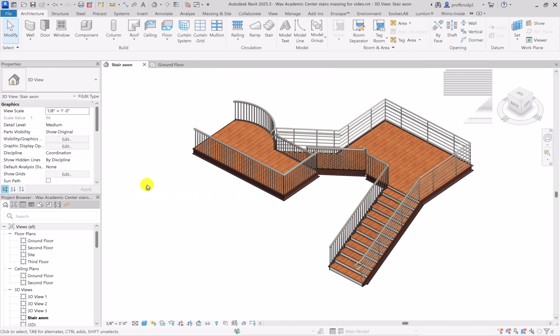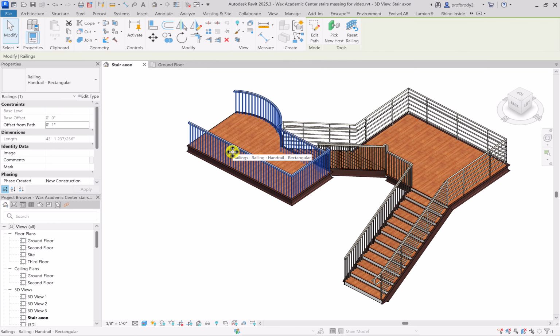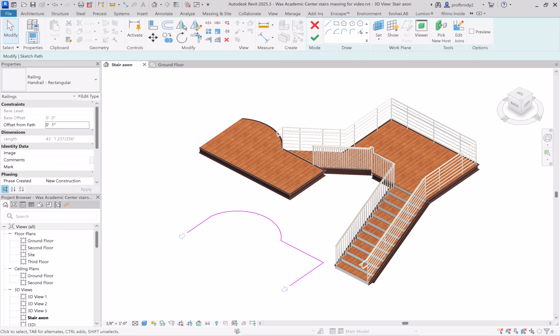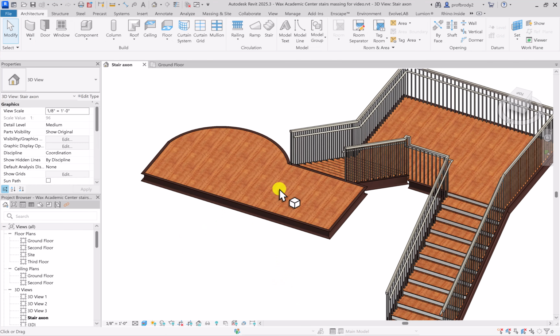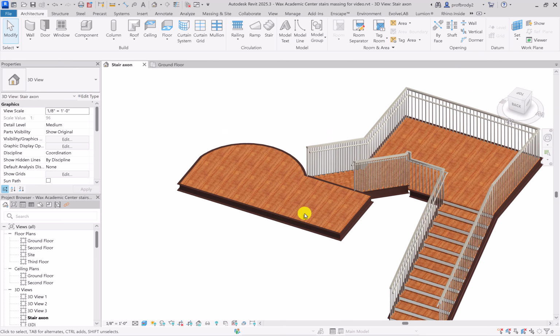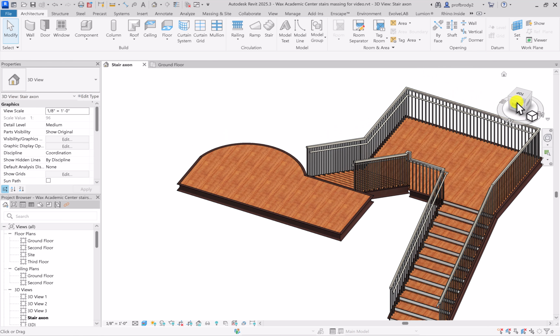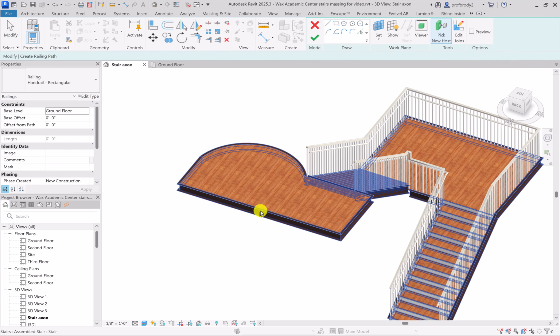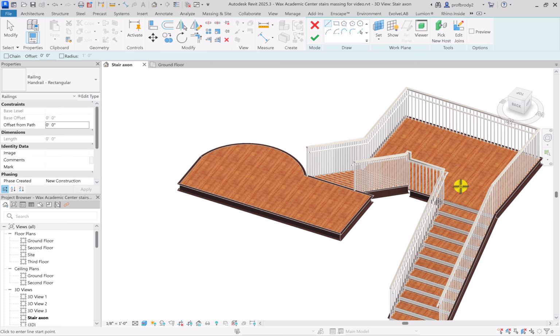And of course, sometimes you're going to have weird things like this railing here that we don't want. You can edit the path of the railing and just delete the extra bits. If it goes up against the wall, you can also remove the railings at those points. And sometimes good railings just go bad. You just can't get them to attach. So one option is to sketch a new railing. What you can do, go to the railing tool and pick a new host and try this. Click on the stairs, and sometimes this will work when you have zigzaggy stairs where the railing just does not